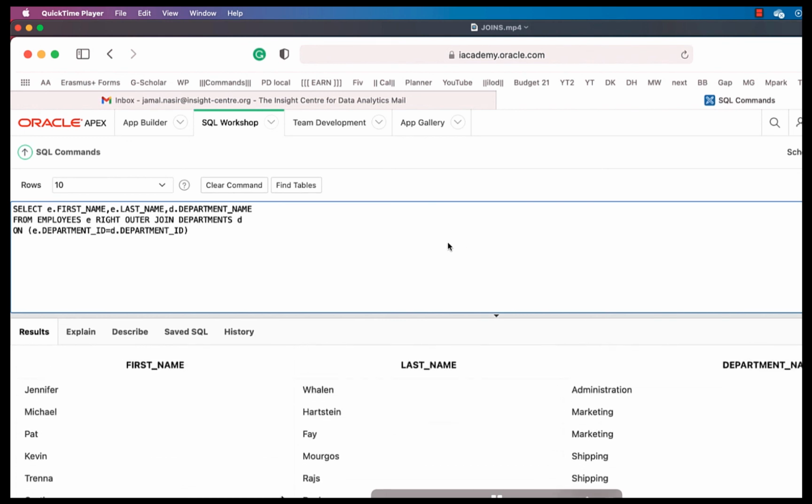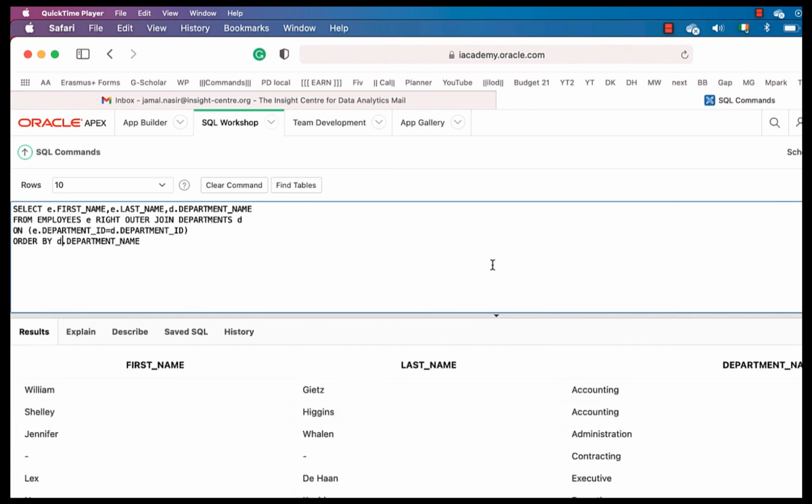We can sort the data, so then there would be some examples you can see here, because it's only showing 10 results. For example, with department name, you can see this contracting department. For this contracting department, there is no employee working in it. So this is the benefit of right outer join.